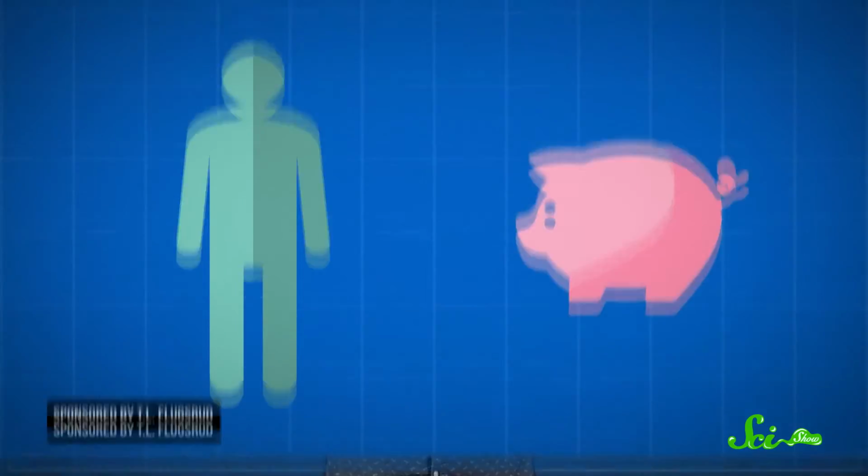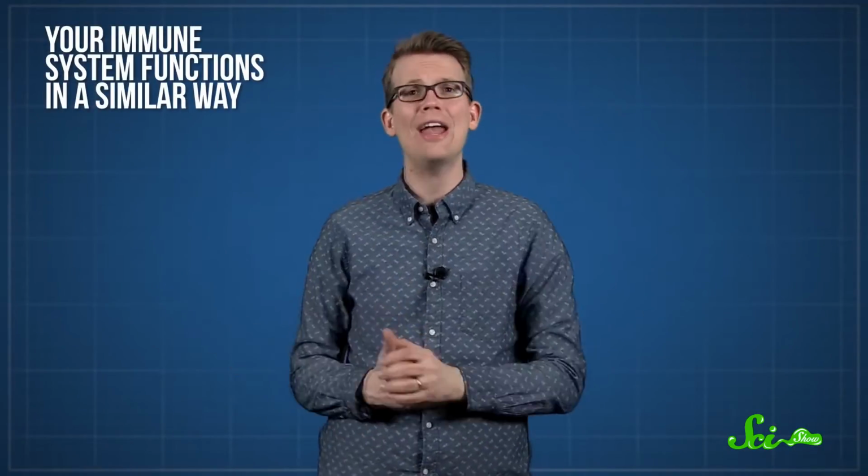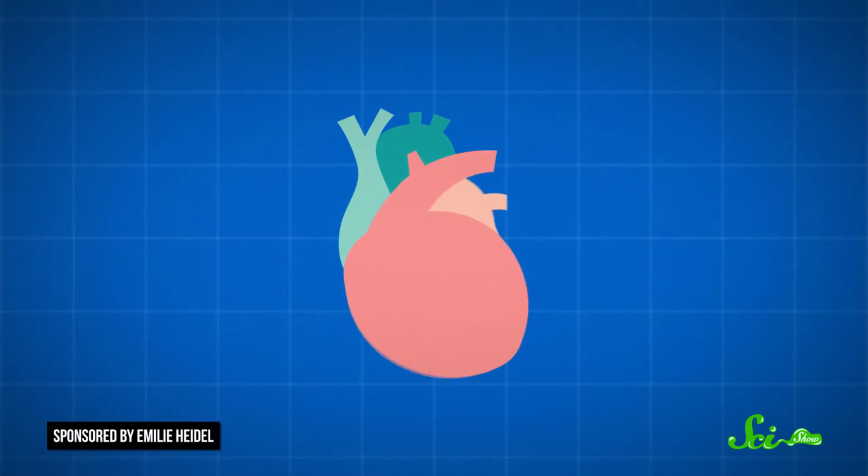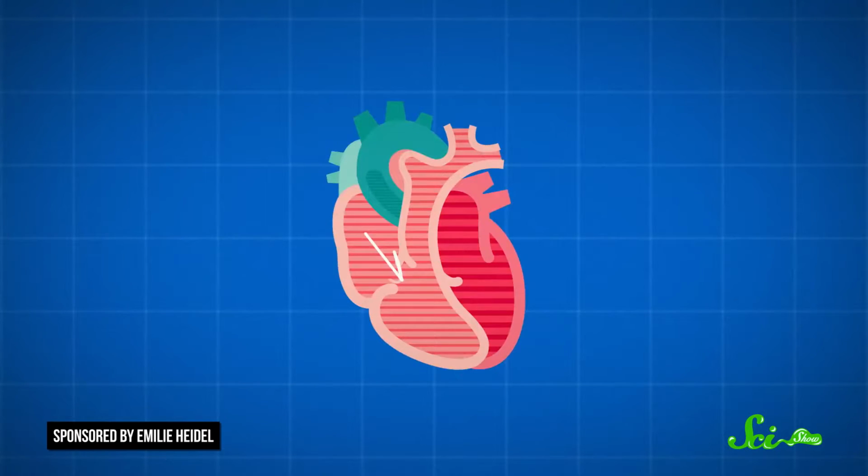You might not find this too flattering, but you have a lot in common with a pig. Your immune system functions in a similar way, and your organs mostly do the same things. And pigs are the right size. You wouldn't want a heart valve transplant from a mouse or a beluga whale. The main thing is that a heart valve doesn't need to be alive to do its job. It's really just a piece of tough, flexible connective tissue that acts as a glorified piece of plumbing to direct